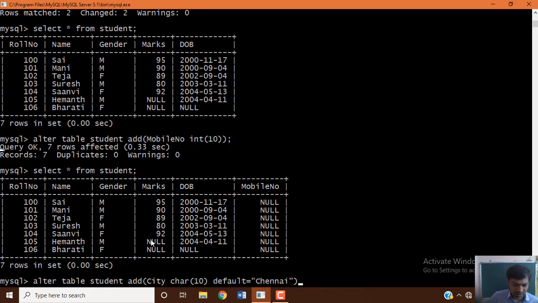Close the parenthesis. In this query, alter table student add city is another field we are adding to our existing table, the data type is char, a fixed length, so the size is 10 characters, and the default value we want to insert is Chennai. Let's execute the query.